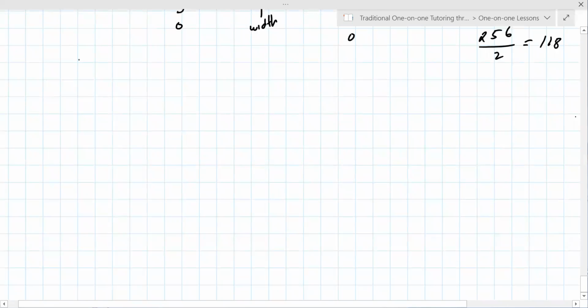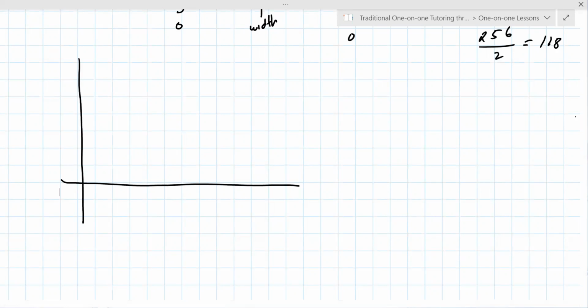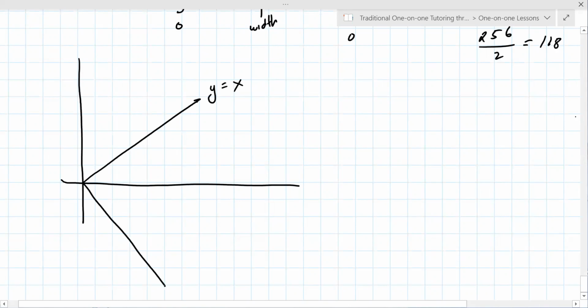Okay, so let's do another one here. Let's pick another curve. Okay, so let's go y equals x, y equals minus x. Okay, and this time it's going to be a, what do we want to go with here? Let's go with a,